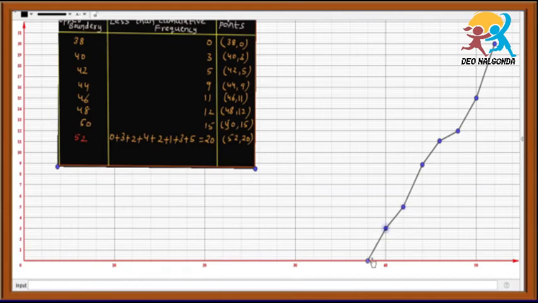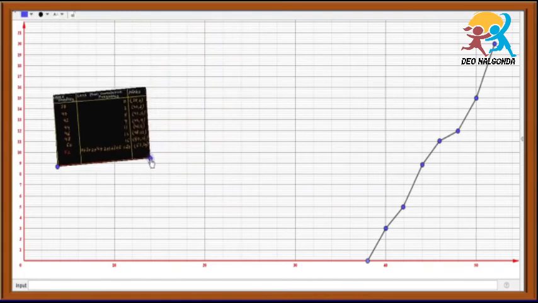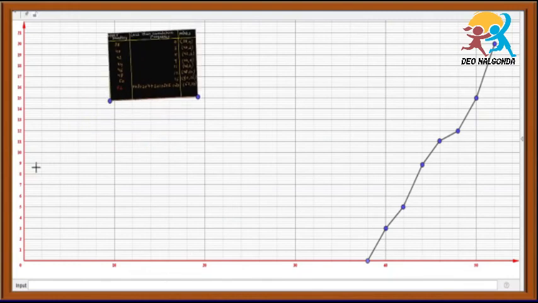So this curve is called the less than cumulative ogive curve. So we have drawn one curve. With this curve, we have to find out the median. How to find out the median? First of all, we have to write n. What is n here in the question? n is 20. That means the data count is 20. So we have to make 20 half. So 20 by 2, how much? That is 10.